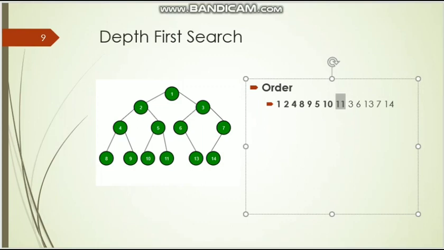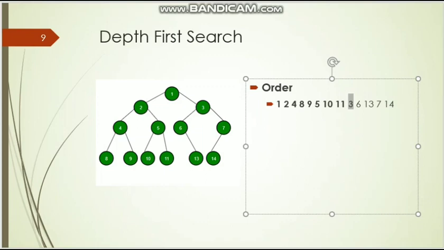Again we search for a further node connected with 5. There is no further node connected with 5. We come back to 2, and there is no further node connected with 2 after 5, so we come back to 1. Now we have to expand 1. The next child node of 1 is 3, so we select 3. From 3, in the same way we select 6.